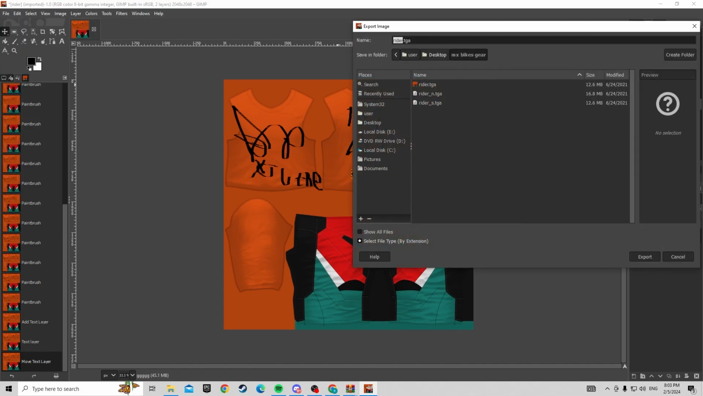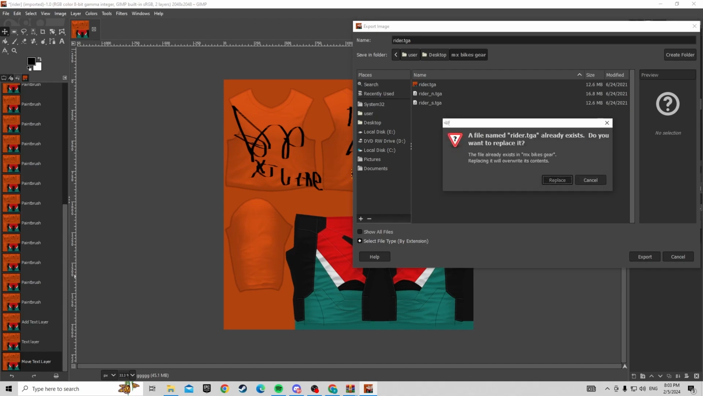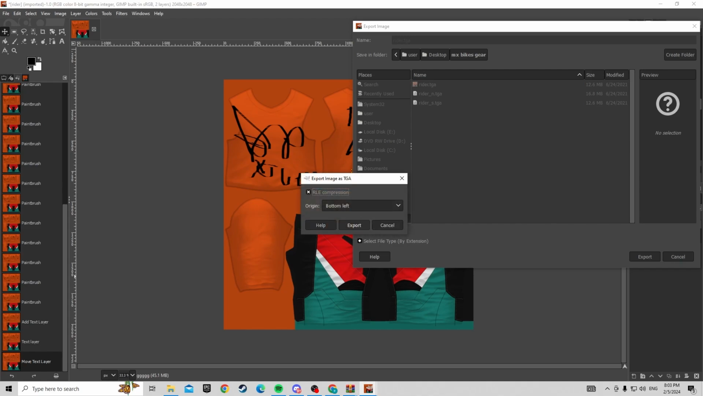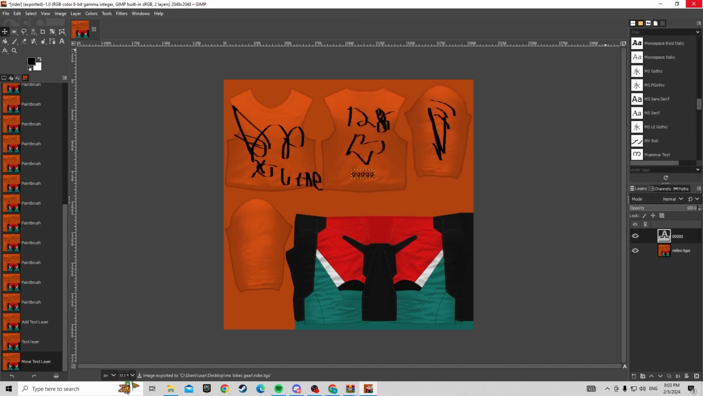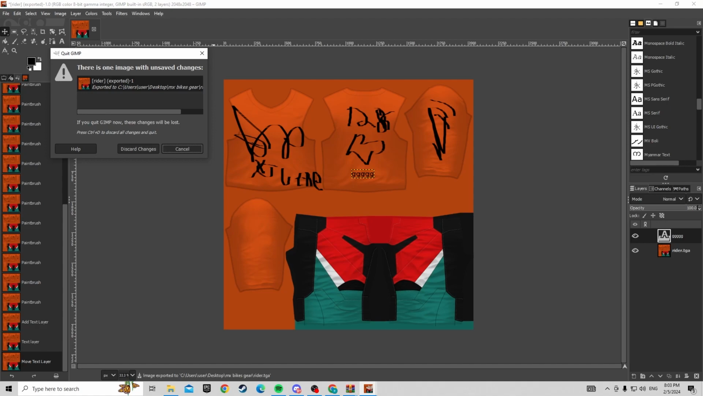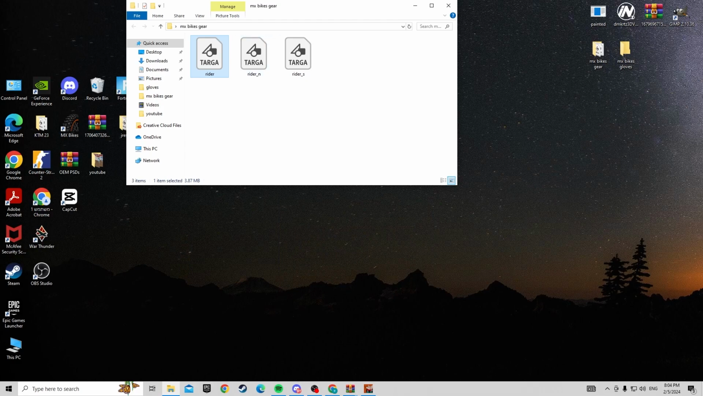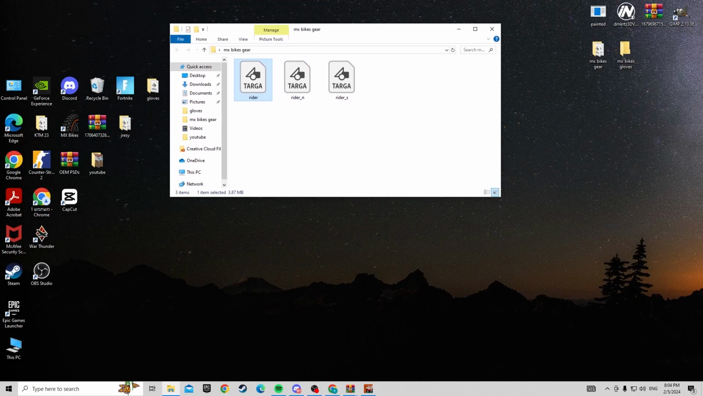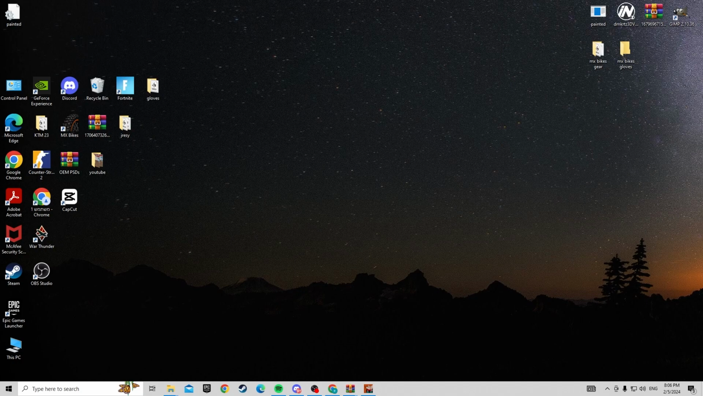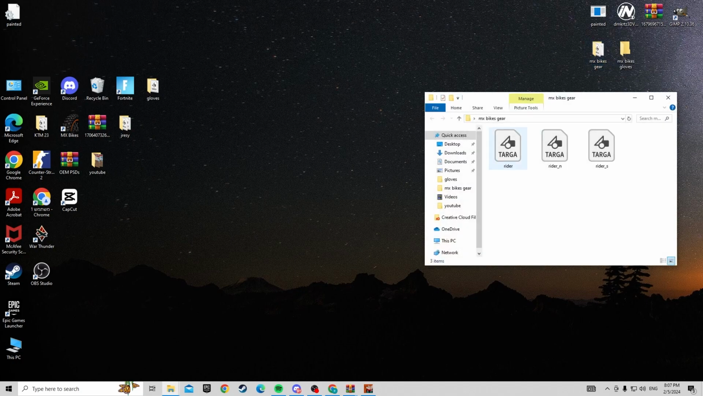You're first going to find your folder. It's automatically there most of the time. You're going to press export and then replace, and export again. Now if you finish, you're just going to discard changes, but if you don't want to, you can keep it open. Now let's say you want to finish. First thing, you're going to press the folder MX Bikes GUI for me, and then you're going to